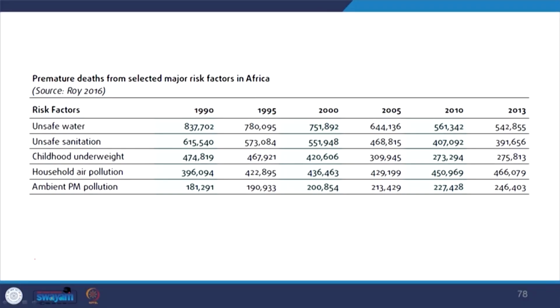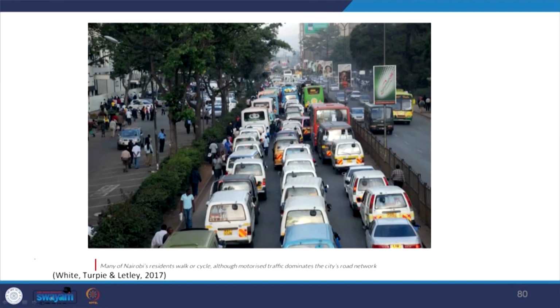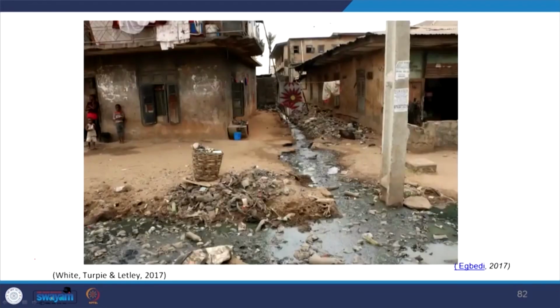Water pollution is linked to inadequate sanitation as well as industrial effluent and agrochemicals. You may see tables showing premature death due to water, sanitation and air pollution. In the picture, you can see traffic problems in Dar es Salaam. Solid waste problems are linked to low investment in waste collection services. Most of these problems are increased by lack of enforcement of existing regulations.